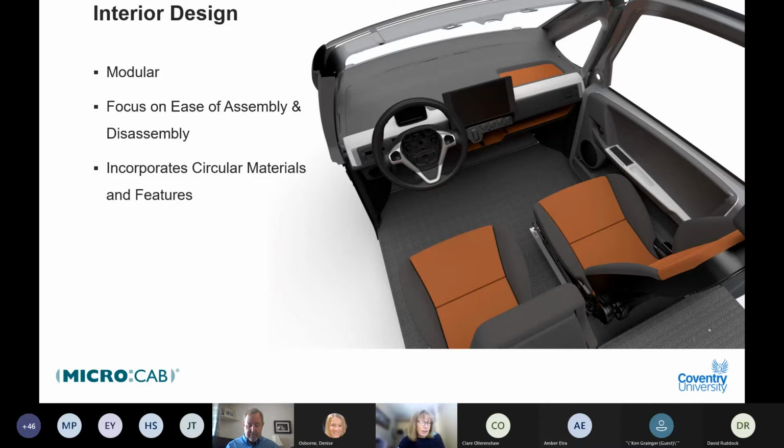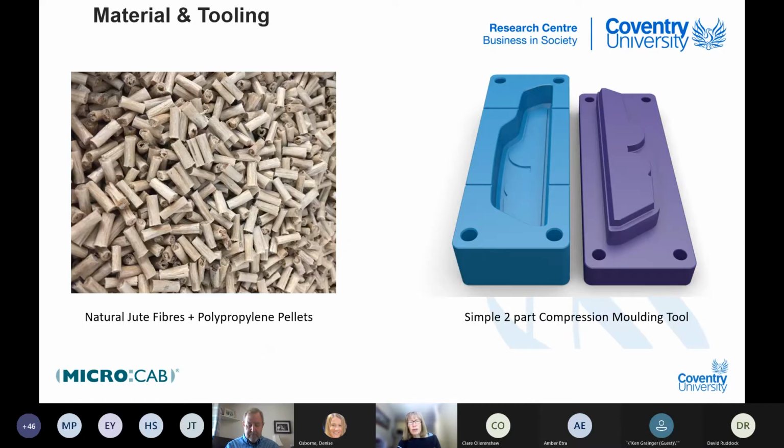And they have started to think about the actual materials that they use as well, and how they can become more sustainable, and not continually use plastic products within the car, but actually look at very different materials. So they've been looking at this idea of using jute and polypropylene pellets for part of the mouldings within the car. And basically these pellets, you heat them up, melt them down, put them into a mould, and then you have this